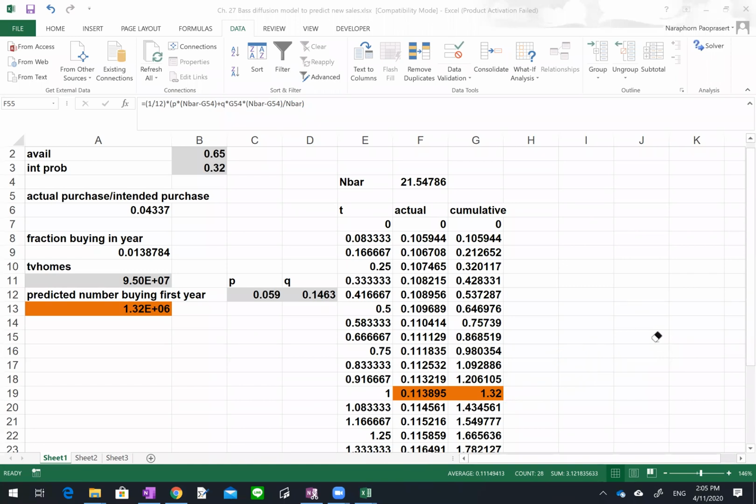So this is another way, as mentioned earlier, the BAS model can be used to predict the sales volumes of the new product. But note that the thing that you have to have is this information right here. You should know P and Q, but we already knew this value from literature. So you assume that you can use this. You also need the information about the fraction in cell B1 to B3, and you also need to know the market size.